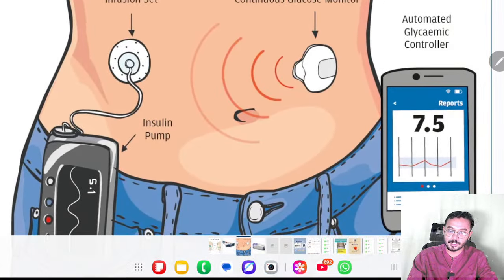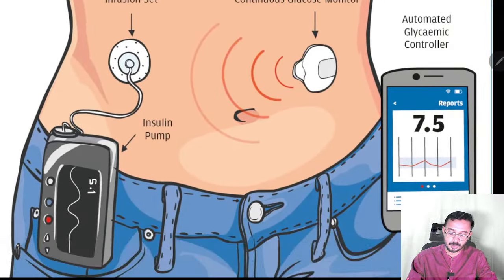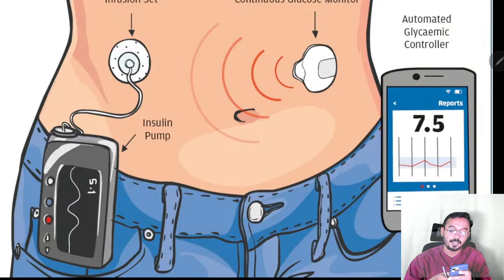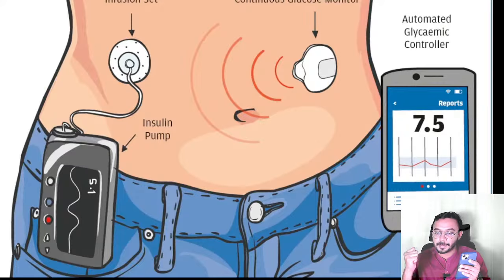So look at where the insulin pump is present in this condition. Look carefully, here some catheter is present. This is an infusion set and this is an insulin pump. What actually happens is this mobile will show you the glucose value. This catheter automatically delivers the insulin, no need to wait. This is continuous subcutaneous insulin infusion, also known as infusion pump. This is the best method to deliver insulin when compared to insulin pens, right?